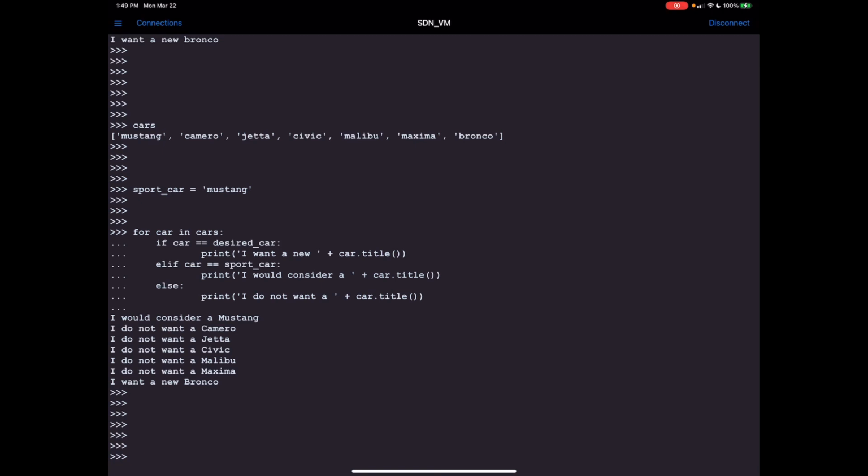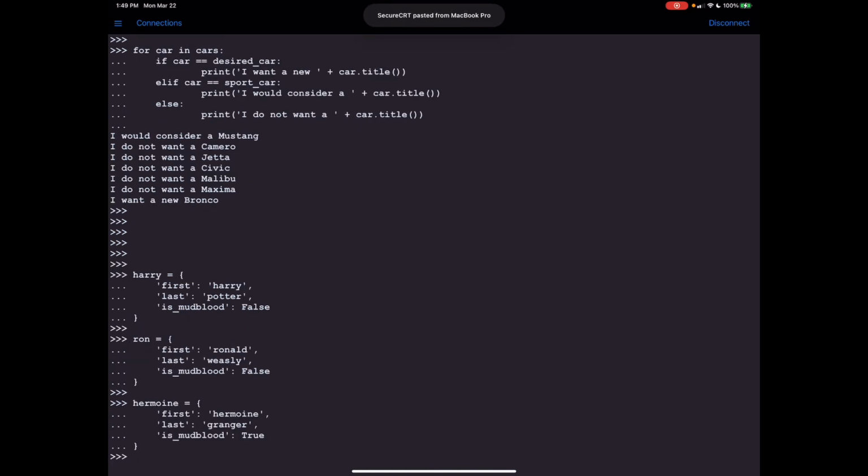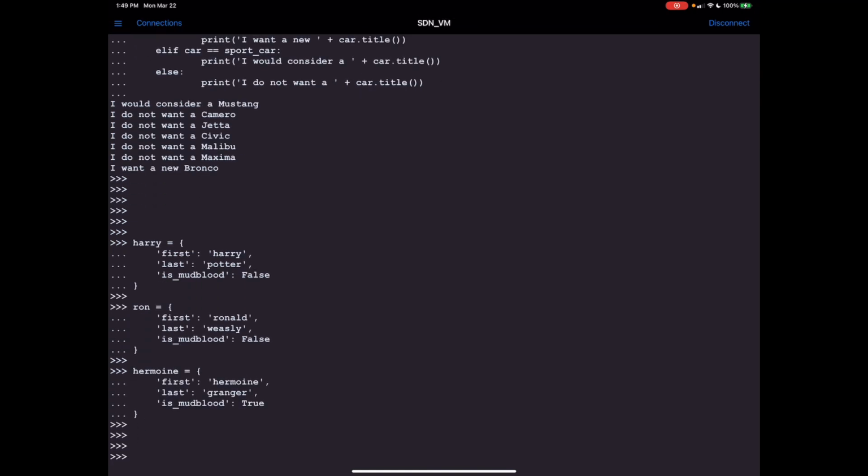what are the other ones I did? I did netmiko. I could also do pretty print. That won't work on that one. Actually, yes, it will. So let me add in my Harry Potter characters again really quick. So I'll add in my Harry Potter characters, and if I print them,